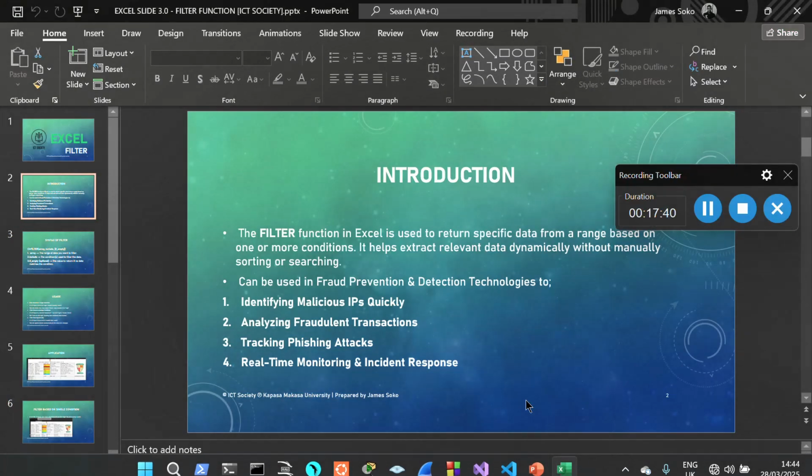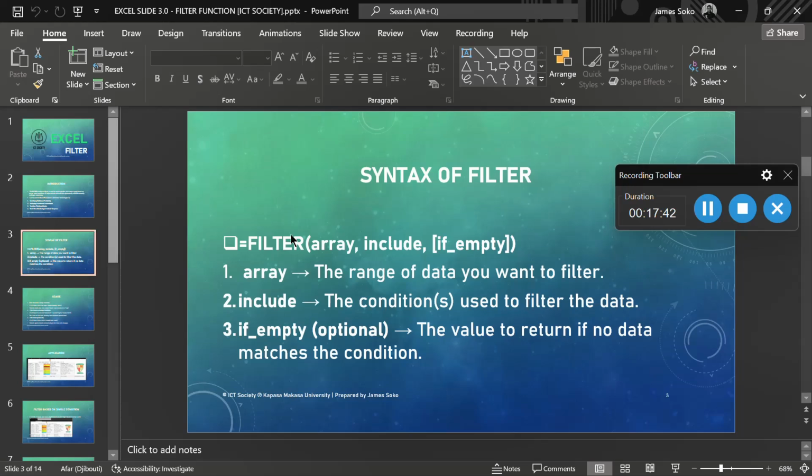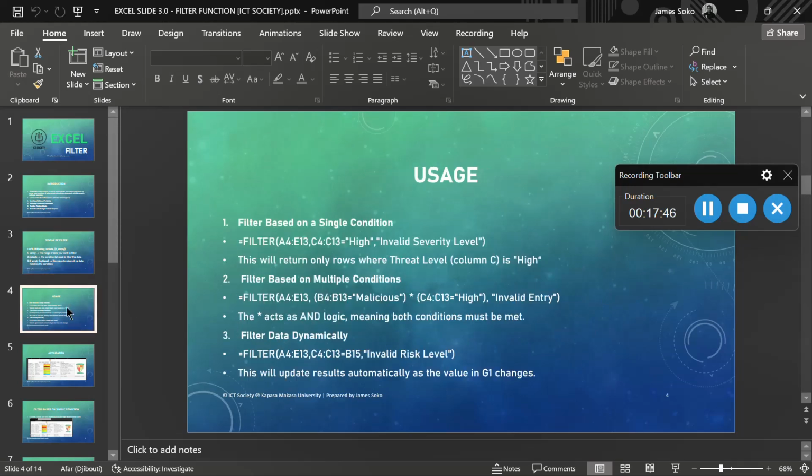So coming back to the slides, here we can see we have the syntax of the filter, which has been discussed. So skip this. Then we have the usage. We can have a filter based on a single condition, which we discussed, where we had one single string, or we can have a filter based on multiple conditions, which we had first condition, malicious, and second condition, which was high.